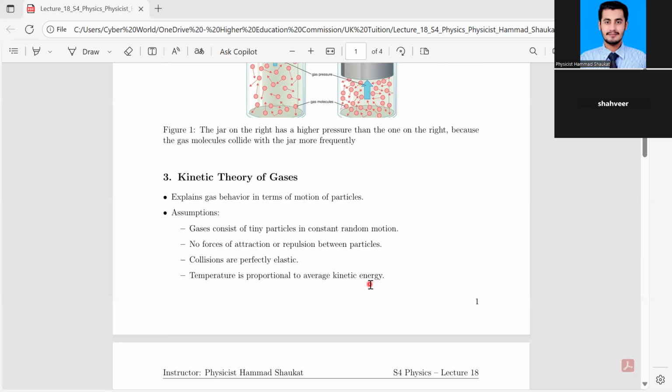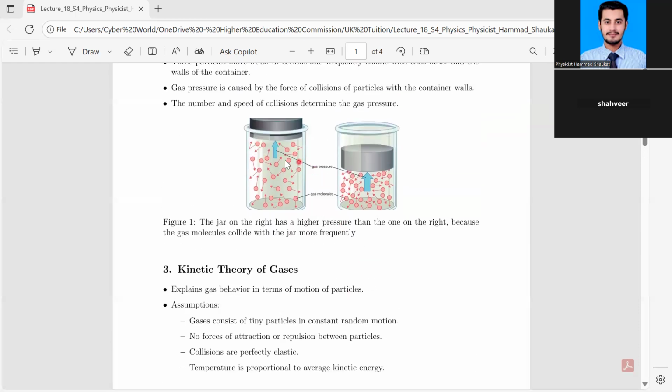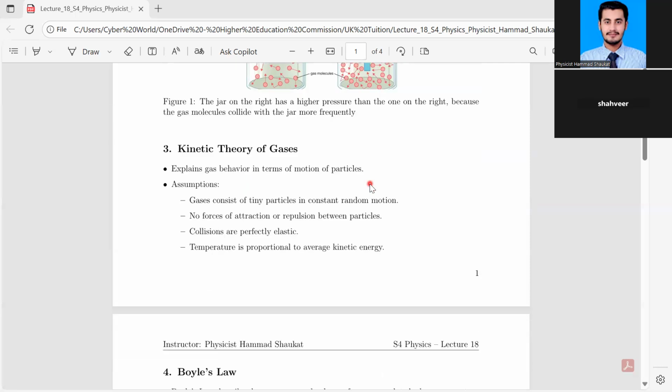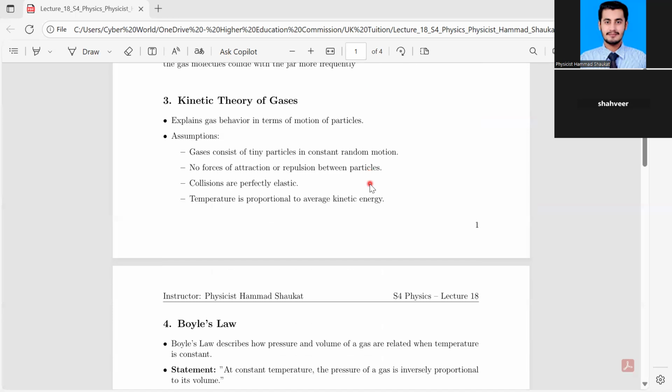Right? Okay, so can you tell me from this figure whose temperature would be greater? This jar or this jar? The second one. Yes, can you tell me why the temperature is high in the second jar? Because there is more kinetic energy. Yes, more kinetic energy. Perfectly. Okay, so any question?